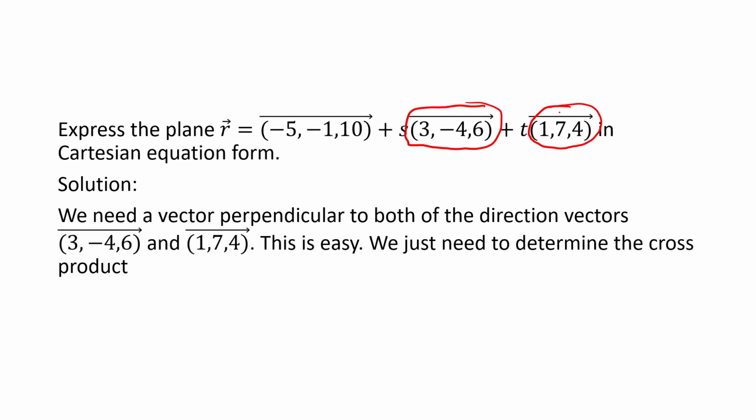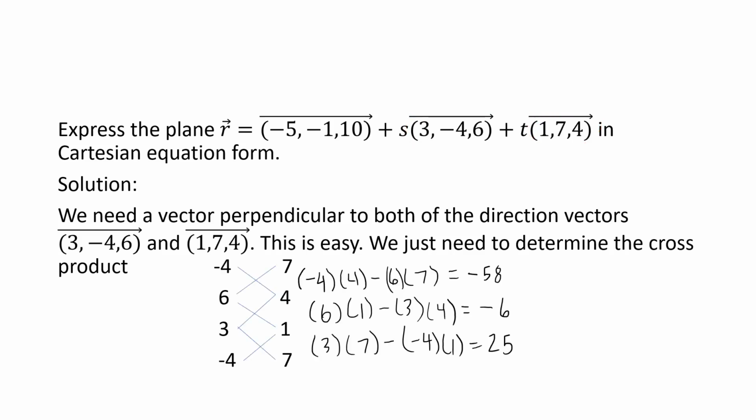Well, that's easy. That's exactly what the cross product is for. So we just determine the cross product of these two vectors, and using our cross product method that we learned in an earlier unit, we see that a normal vector to the plane could be expressed as negative 58, negative